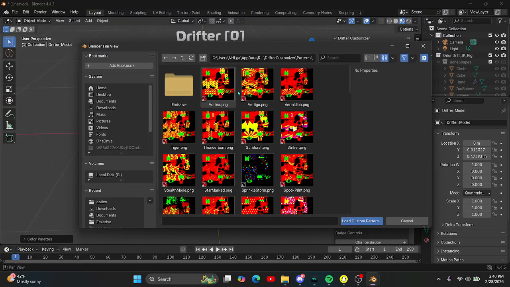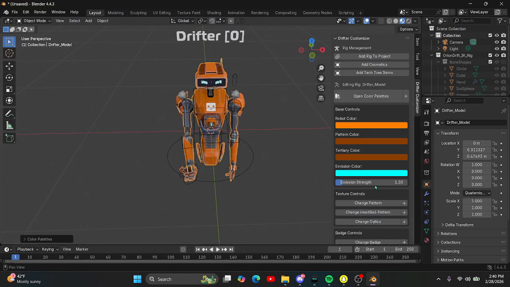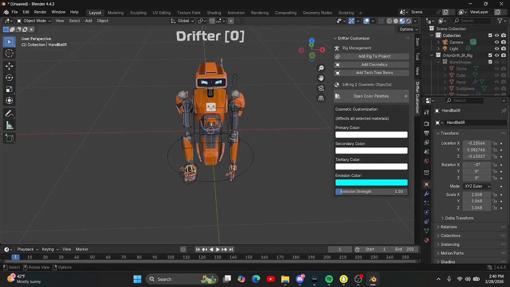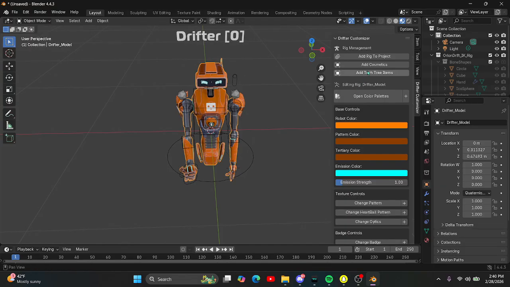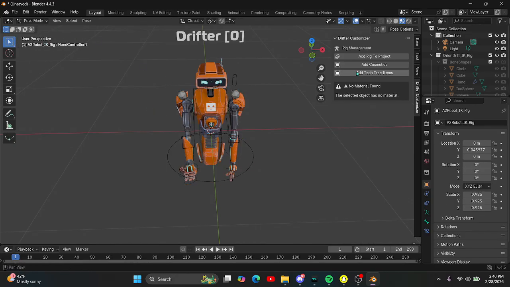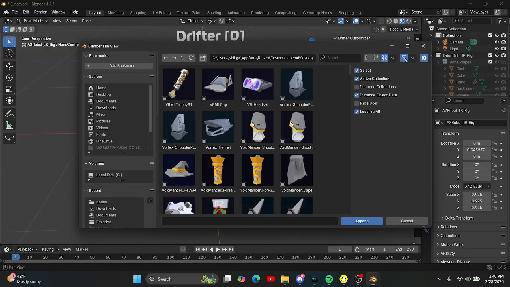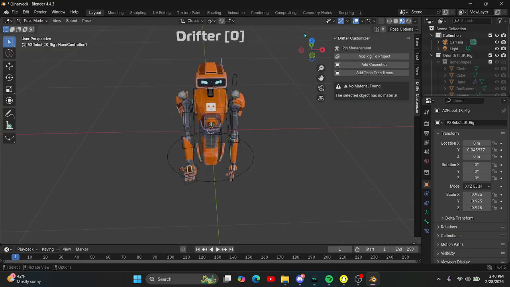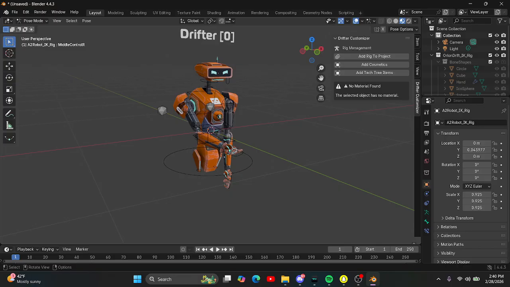And in order for the pattern to actually show, you need to add a color. I also noticed this the other day when I was working on a project. If you are in pose mode and you try adding a cosmetic, let me press on the bones real quick, and I press pose mode. It sometimes, like if something is selected like this,